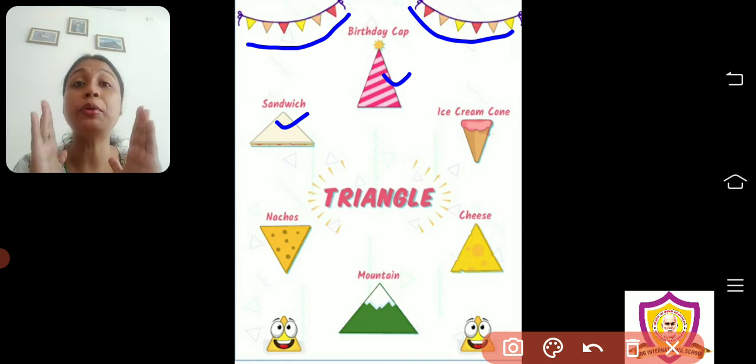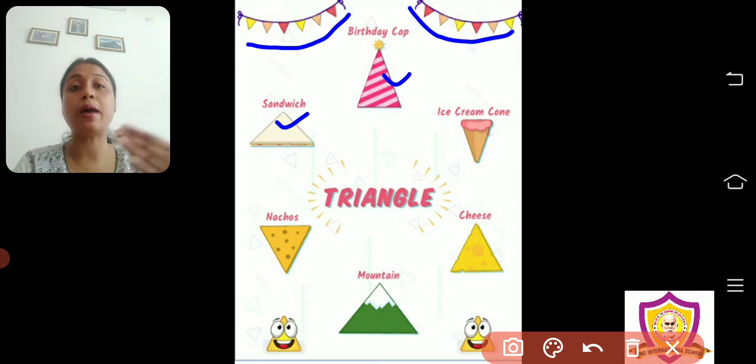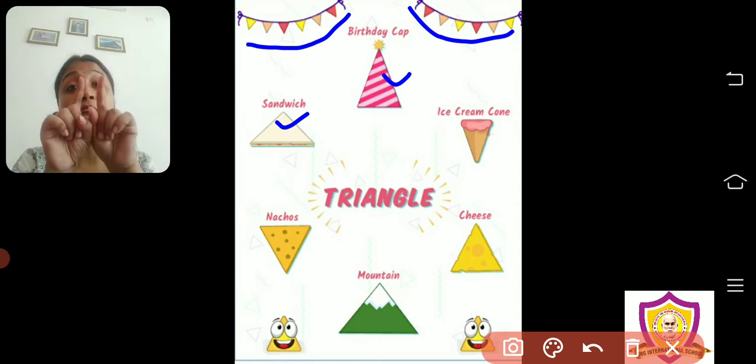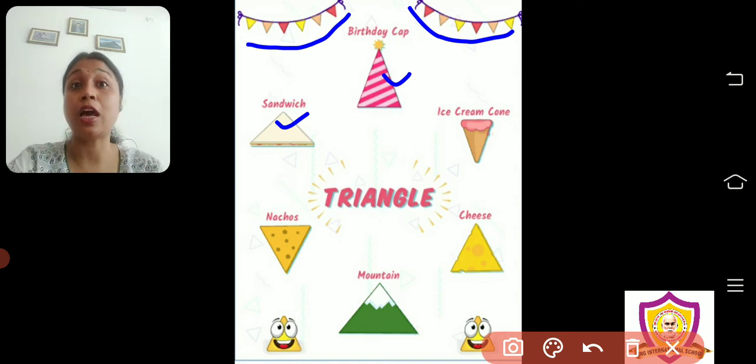Now see, when we buy a bread, it is rectangular shape. After making sandwich, mama cuts it in triangular shape. Okay. And sometimes in market we will get triangular shaped bread also. So whenever mummy papa will buy bread and bring it home, just check whether it is square shaped bread or it is triangle shaped bread. And when mama makes sandwich, ask mama, have you made it triangle or was it a triangle shaped bread?